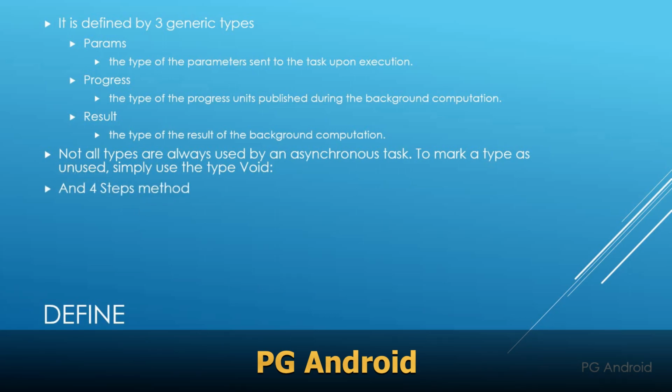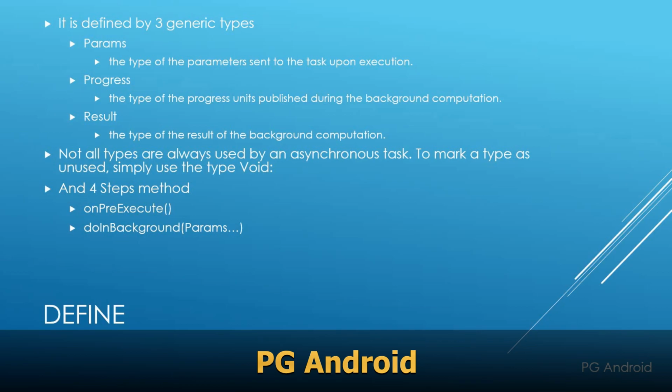Four step methods. First method, onPreExecute. This callback method is invoked by the UI thread before the task is executed. In that callback you may set up tasks or show a progress dialog in the user interface. doInBackground. That callback method is invoked in a background thread after the onPreExecute method has finished. In that callback method you have to put your long running tasks which you want to execute in the background. Params parameters are passed in that method, so you can create a task upon those parameters.